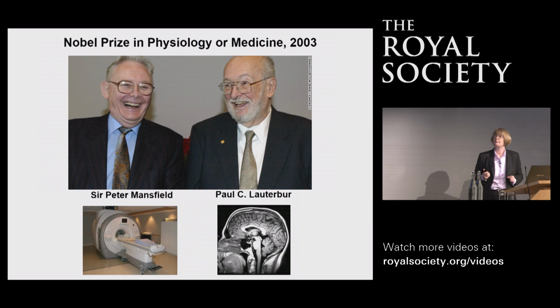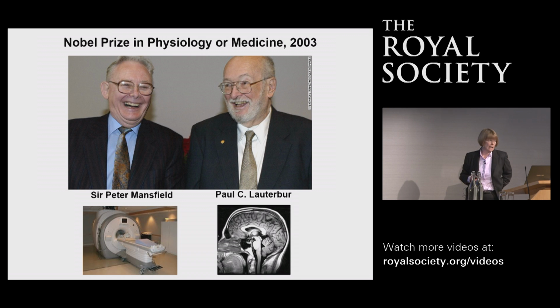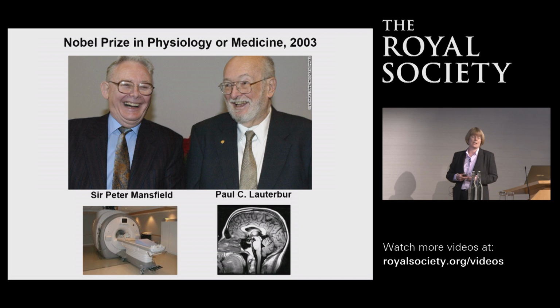Now we're going to talk about magnetic resonance imaging, and certainly in the Royal Society, one doesn't talk about magnetic resonance imaging without acknowledging the great work of Sir Peter Mansfield, a fellow of this society, who developed, along with Paul Lauterbur, many of the MRI techniques that we use today. And so the phenomenon of magnetic resonance was discovered back in the 1930s, MRI really discovered in the 70s, and